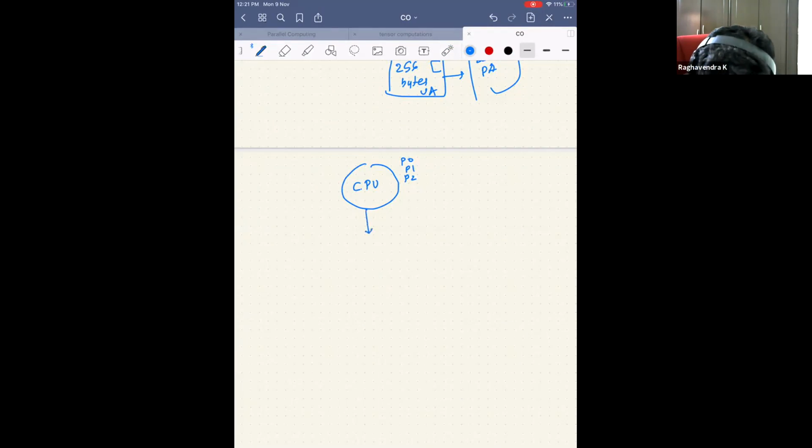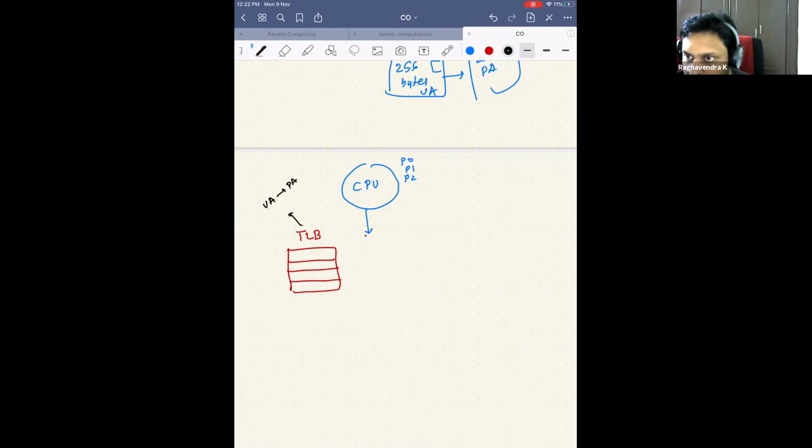And then when the CPU generates an address, I have two entries here. One is a TLB. Let's write it in. I have a TLB. It has few entries. Let's say it has 4 entries. What is the TLB giving me? TLB is telling me, given a virtual address, what is the physical address. TLB is made of SRAM, and it's a fully associative kind. TLB is actually a fully associative cache, which means there are 4 entries and I can search all the 4 entries in parallel. When there is a hit, I get the physical address, and then I have